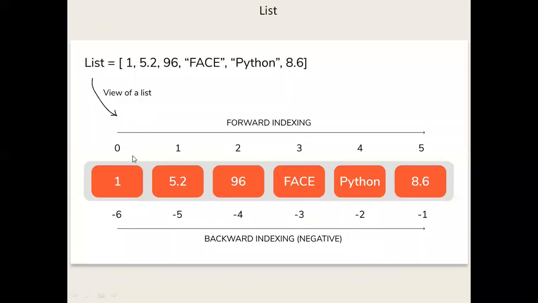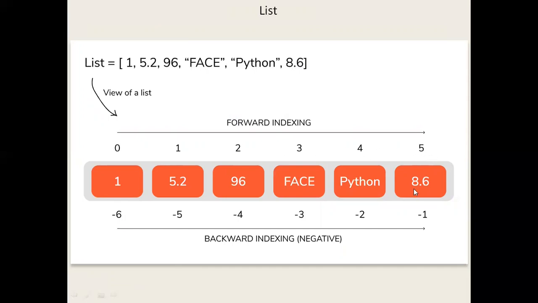For clarity, look at this image. I had a list with these elements: 1, 5.2, that is a float, 9, 96, a string, Python, 8.6. There are six elements. To access this list, the first element can be accessed using 0, the second element index is 1, and so on up to 5.